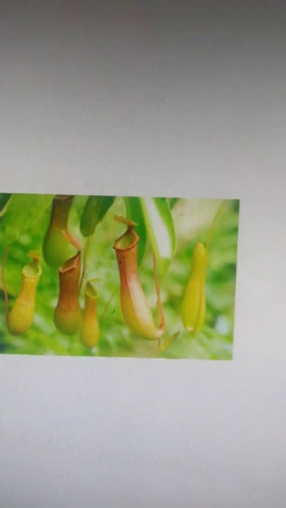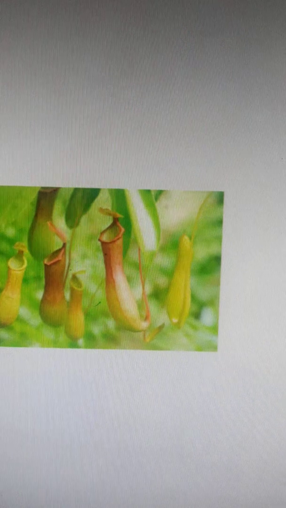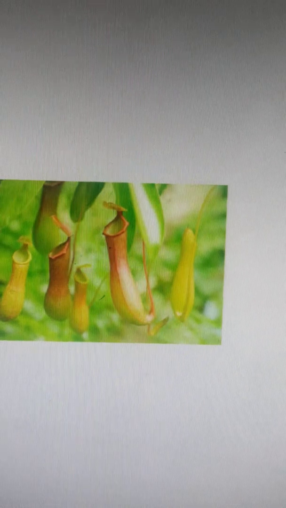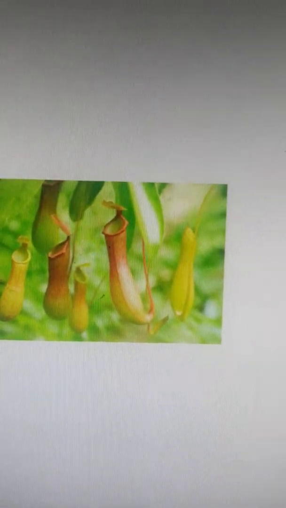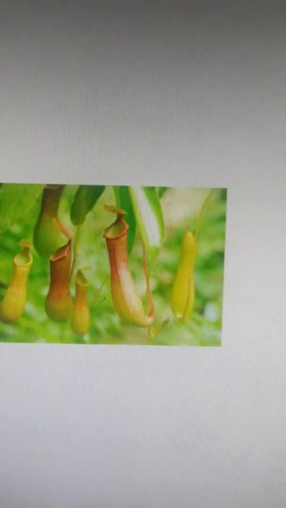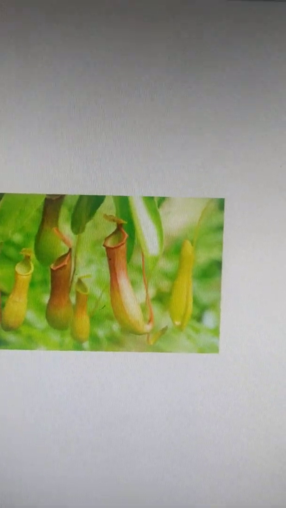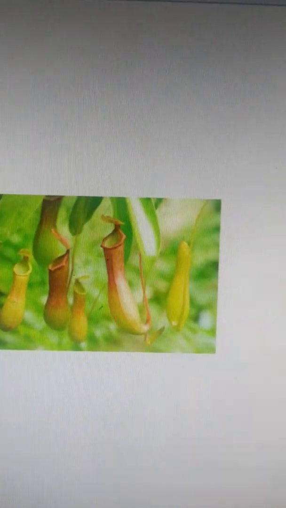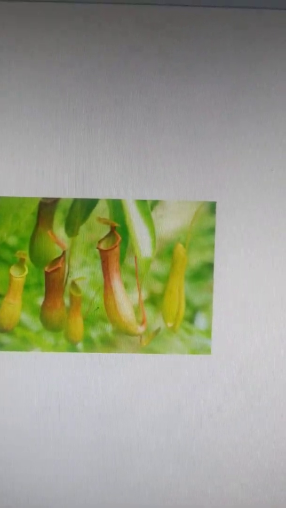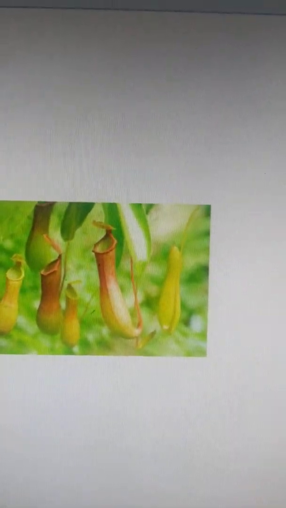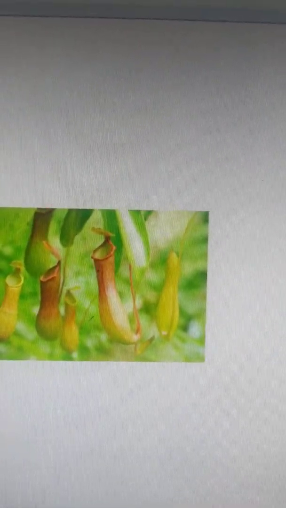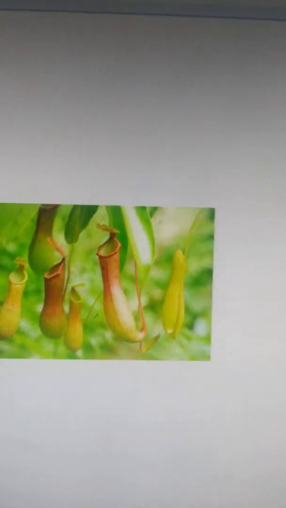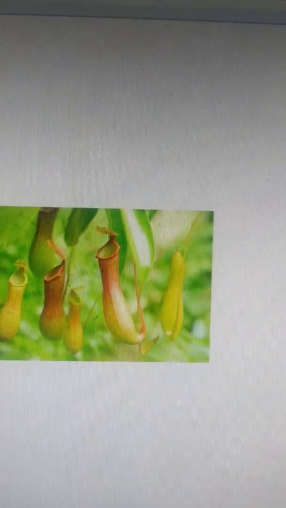In the pitcher plant, the lamina or blade of the leaf is modified into a hollow tube called a pitcher. The leaf apex forms a lid which can open or close the mouth of the pitcher. Inside the pitcher there are hairs which are directed downwards. When an insect falls in the pitcher, the lid closes automatically. The trapped insect gets entangled in the hair of the pitcher plant and hence cannot come out. After some time, the insect dies in the pitcher plant.